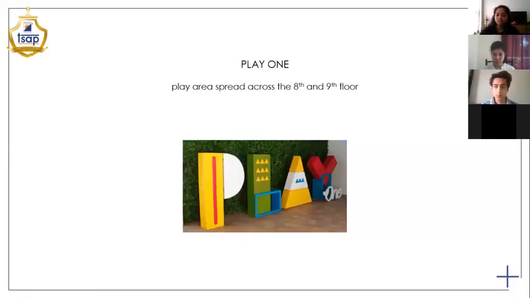In One Avigna Park, Play One is basically the name given to the play area in the podium. The play area extends on its 8th and 9th floor, which are your amenity floors. They have about 9 floors of podiums with amenities and parkings and things like that. From there, the 8th and 9th floor is dedicated to Play One.